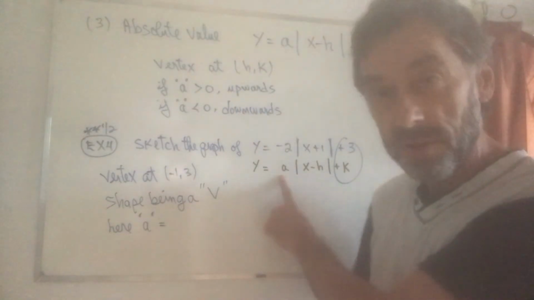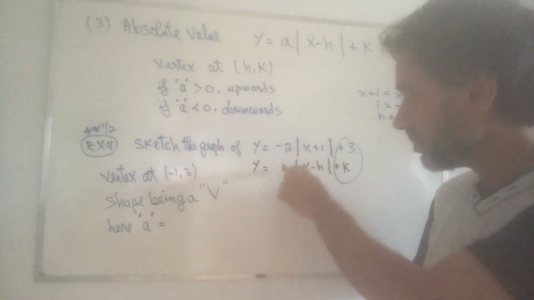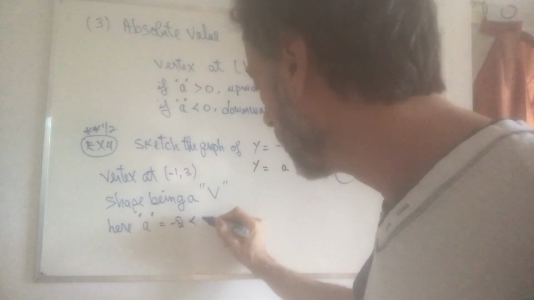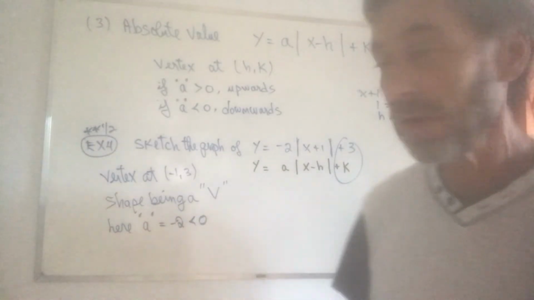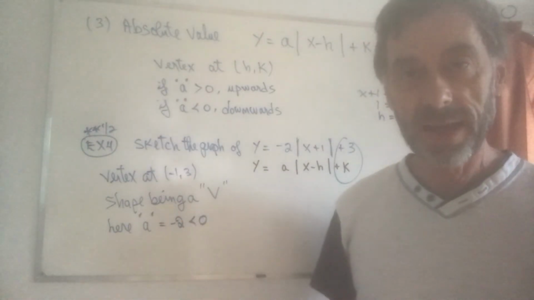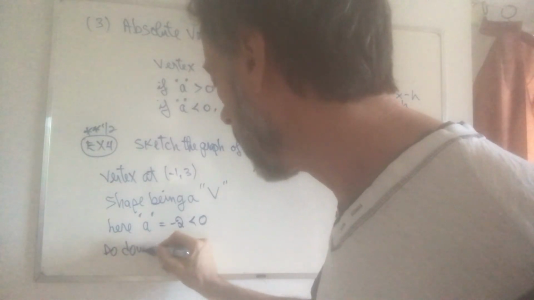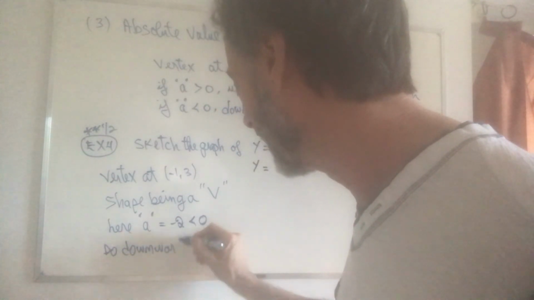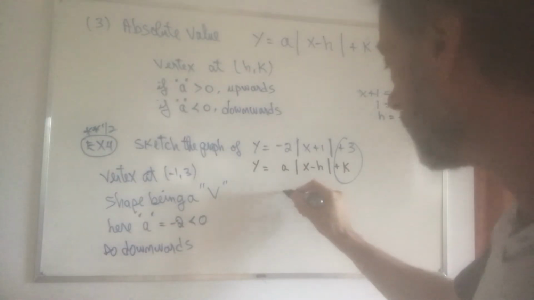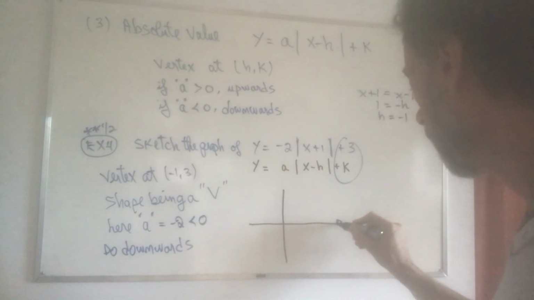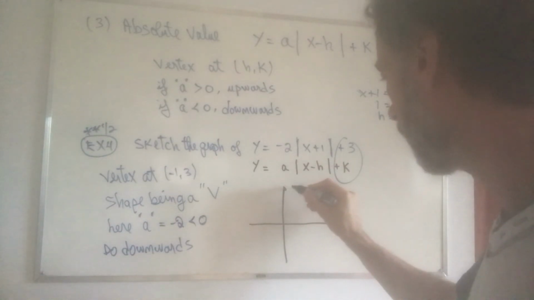That's all we need. So because the A here, what's the value of A if I compare it in here? Minus 2 is in front of the absolute value. That's my A. That's negative, less than 0. That means that I'm going to get a downward shape. So downwards. So what is the graph of this guy? X-axis, y-axis,